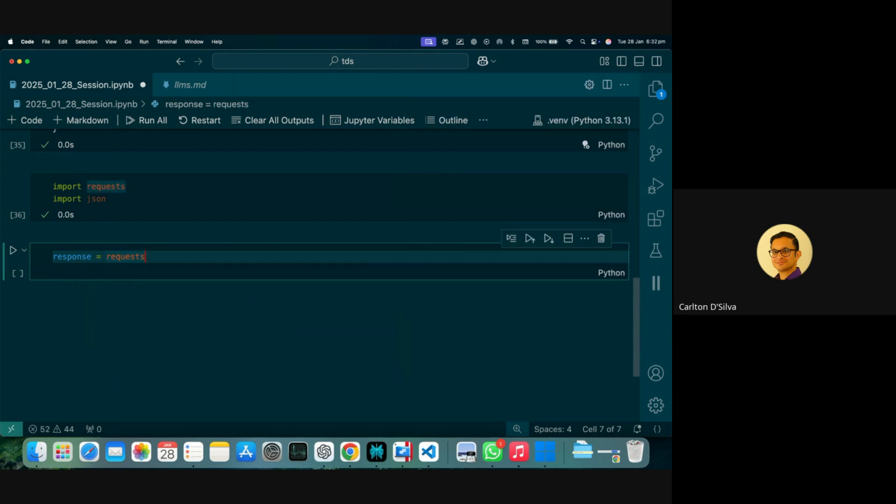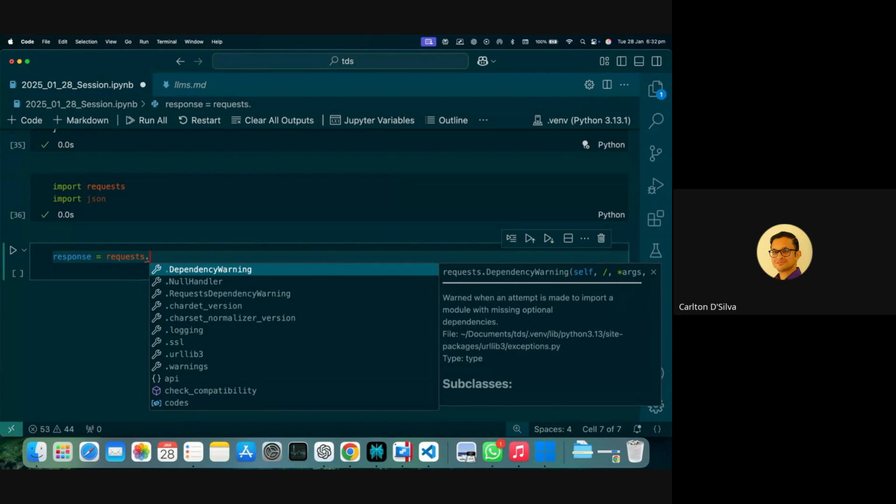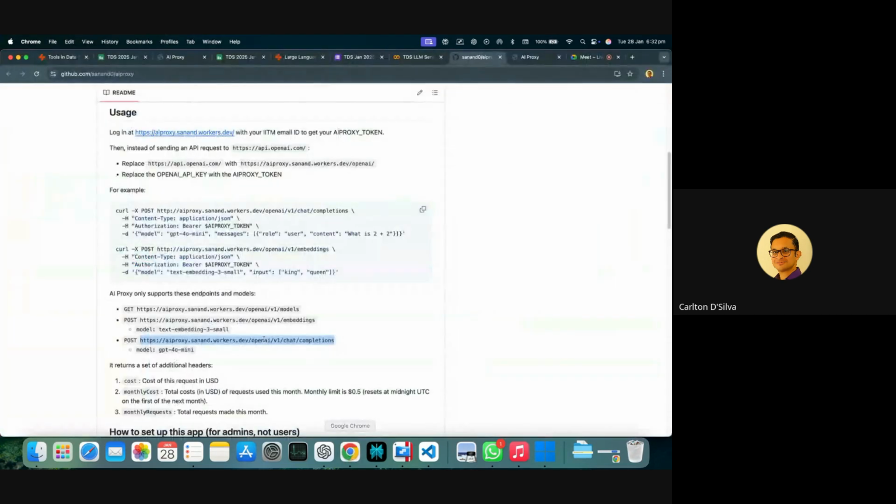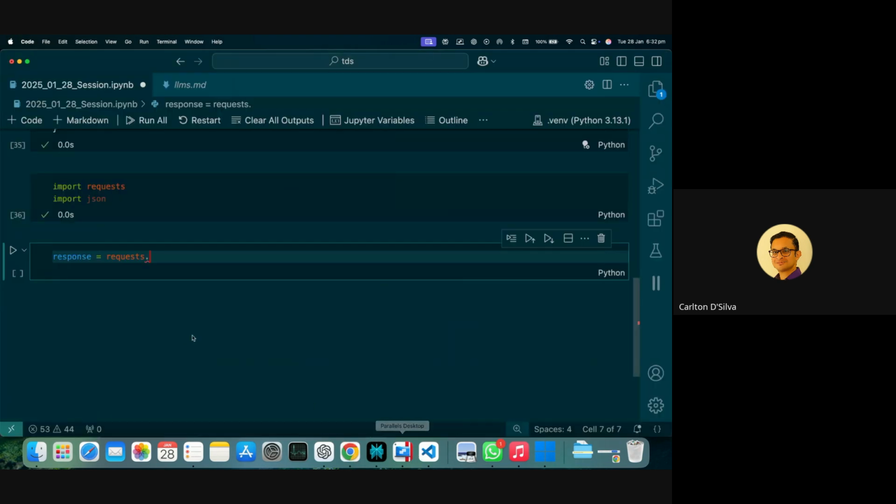So requests dot post. If you look at our documentation here, this is a post request. There's another kind of post request you can use, that's for embeddings. We'll get into that a bit later. And there are get requests. So this chat completion is a post request. So requests.post,